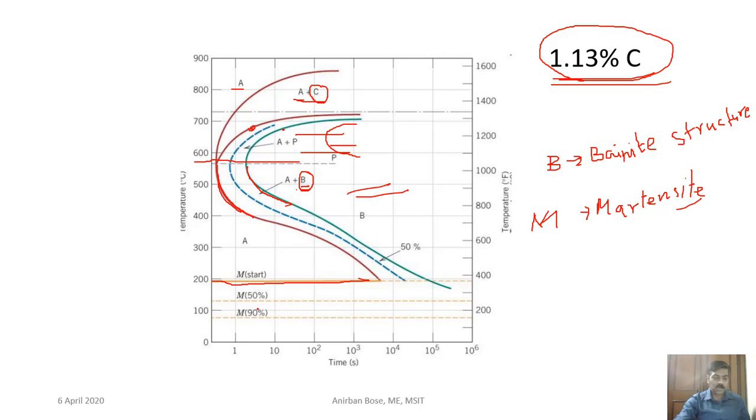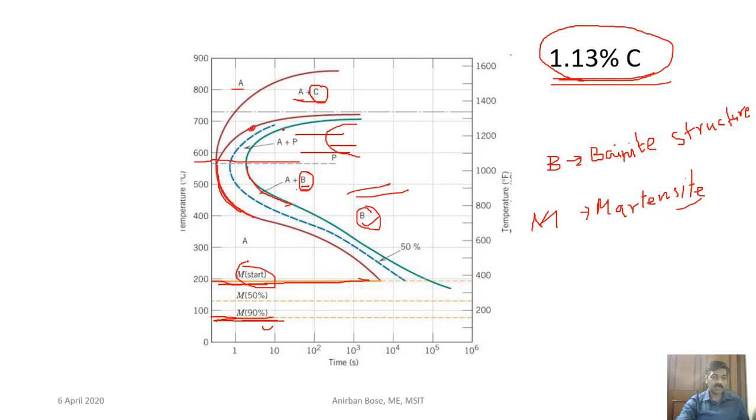So martensitic start occurs at this point, and this is where the martensitic finish line is. So martensite start and martensite finish. Austenite will start transforming to martensite, and austenite will be completely transformed into martensite. These two lines indicate that. So three different types of phases, two non-equilibrium phase transformations you can see: this bainite, martensite, and that is why